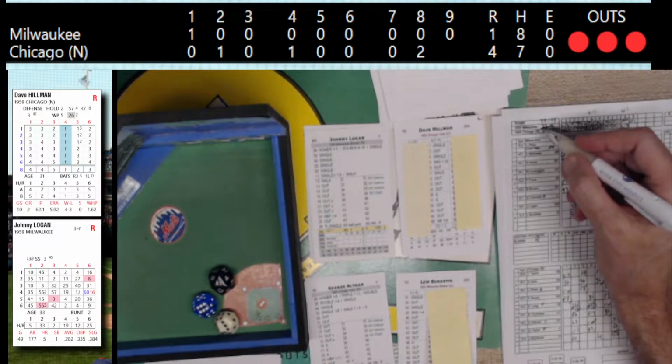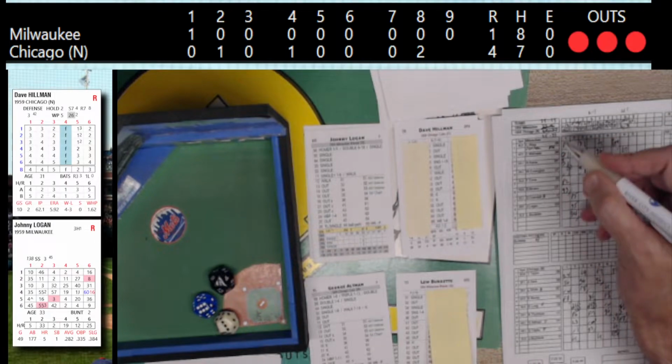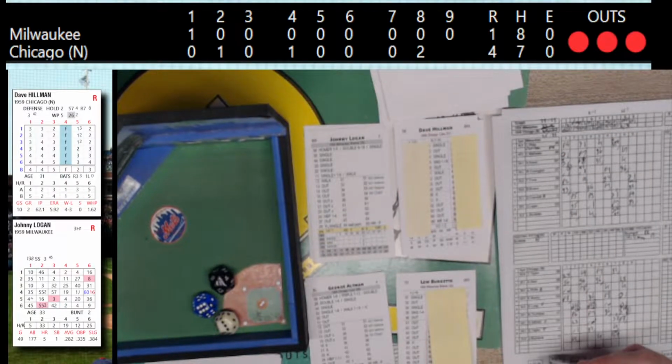And for the Cubs, it's going to be 25-33. Buzzhart, 2-2, gets the victory. And Hillman gets his first save of the year. The loss goes to Burdette. Burdette now is 6-7.